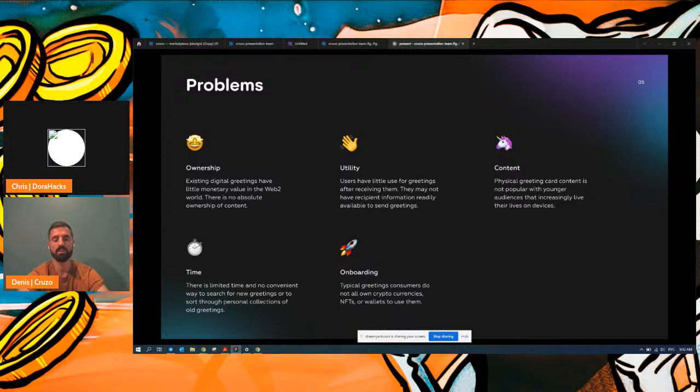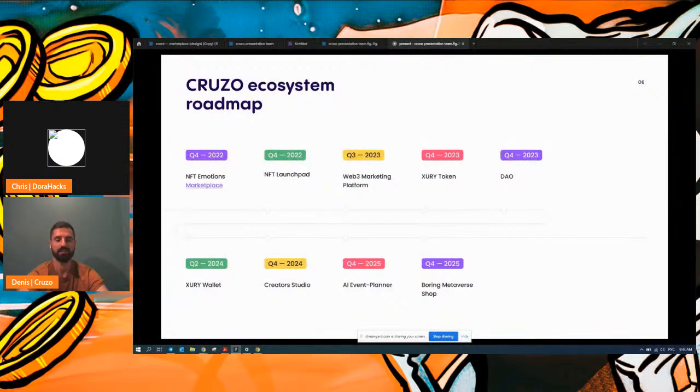We want to reduce time on search and selection, so our customers never spend a lot of time selecting the proper greeting for a recipient. And of course, onboarding for crypto users, for newbies, for people who are new to the NFT blockchain space, because this product is understandable for most people, it costs pennies, and it's easy to buy and interact with greeting cards.